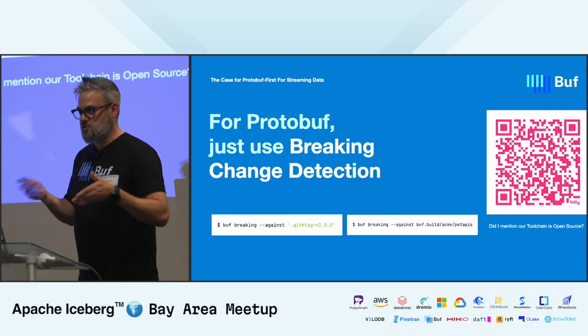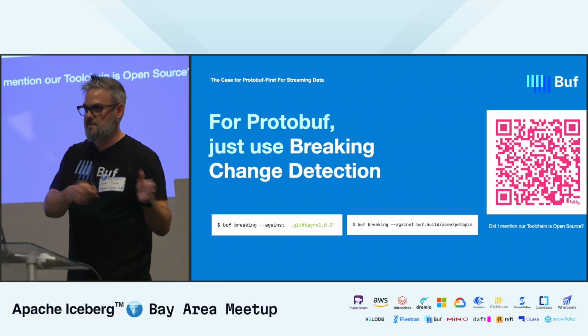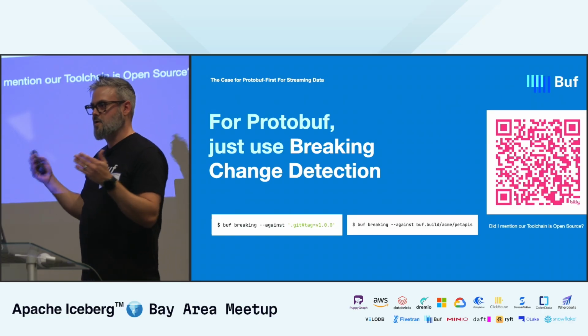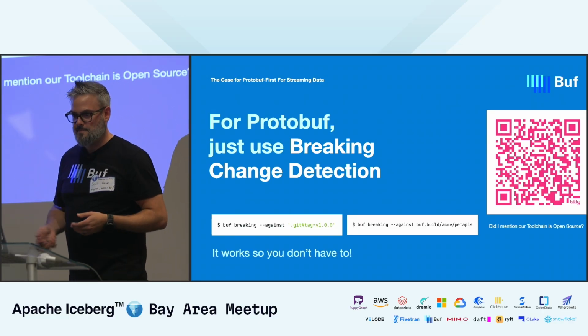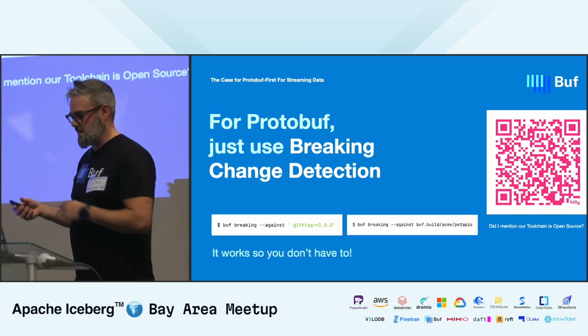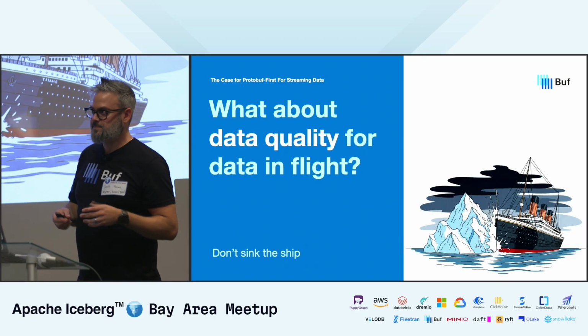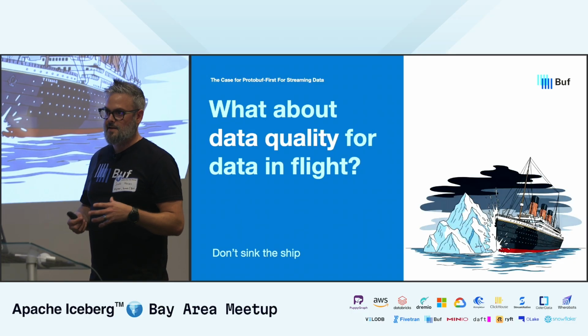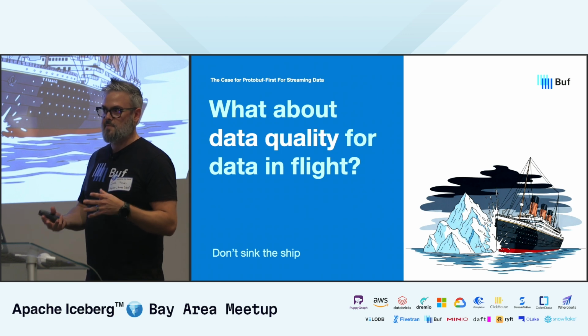So use breaking change detection, and that also fixes the problem of how Protobuf also has faults, because I can't say Protobuf is great because everything can break. So this works, you don't have to. All right, moving on. Protobuf is an interesting thing because it gives you shape and schema compatibility guarantees,